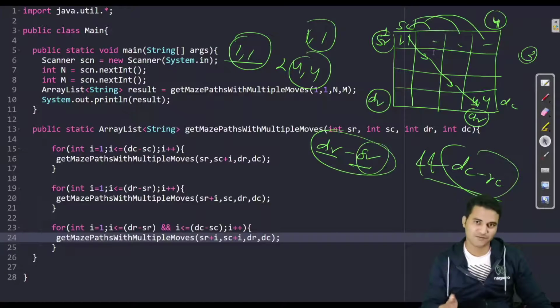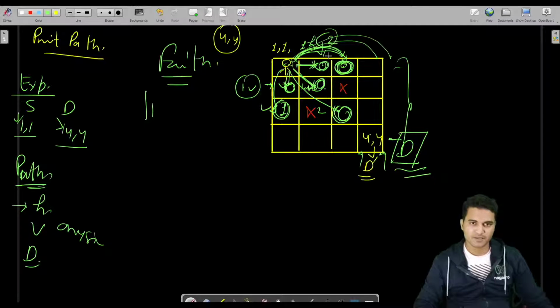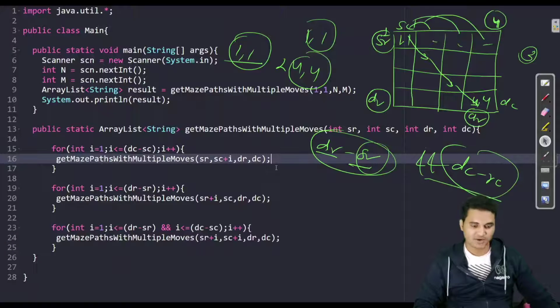But what you have to do, you have to analyze. Look at this very carefully. After making the call to horizontal in each step, let us say you have made the 1 step horizontal and you got the answers also. So what you have to do, you have to append 1 step horizontal in all the results. Let us say if you made a 2 step horizontal call from here and you got all the answers from reaching from here to here, then you have to append 2 step horizontal into all the paths. So look at what I am going to write.